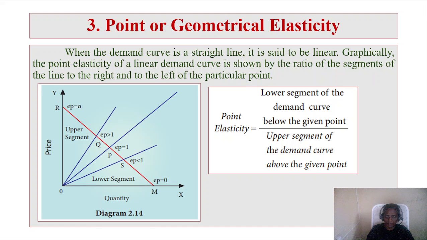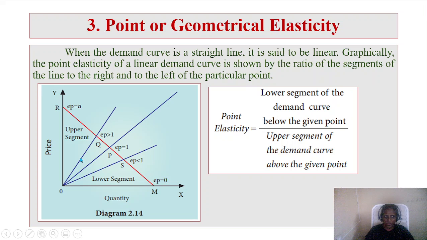In the previous method, Marshall explained the concept with the help of a tabular column, but here, for the same concept, maybe one or two points will differ, but with the help of the diagram the economist is explaining the method under point or geometrical elasticity of demand. Now you see, on the x-axis we are taking the quantity demanded, and on the y-axis we are taking the price of the commodity,